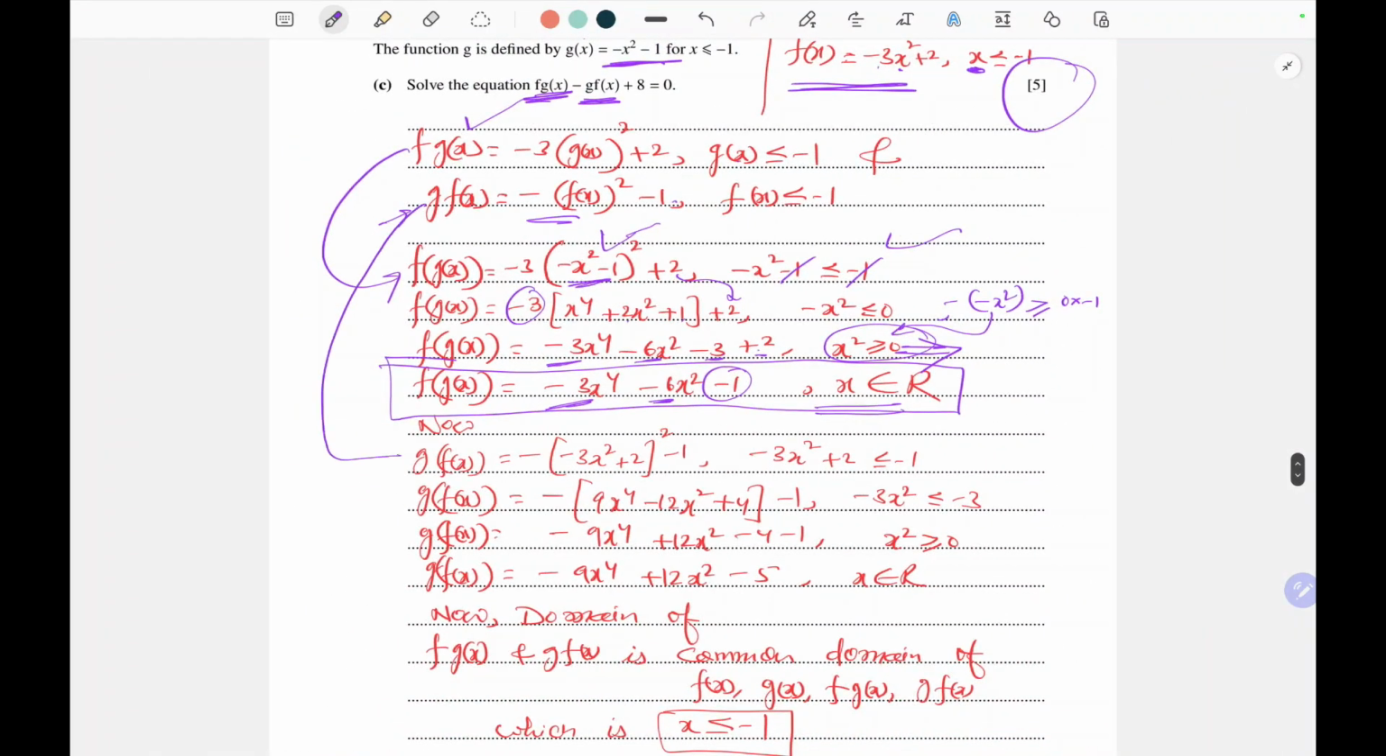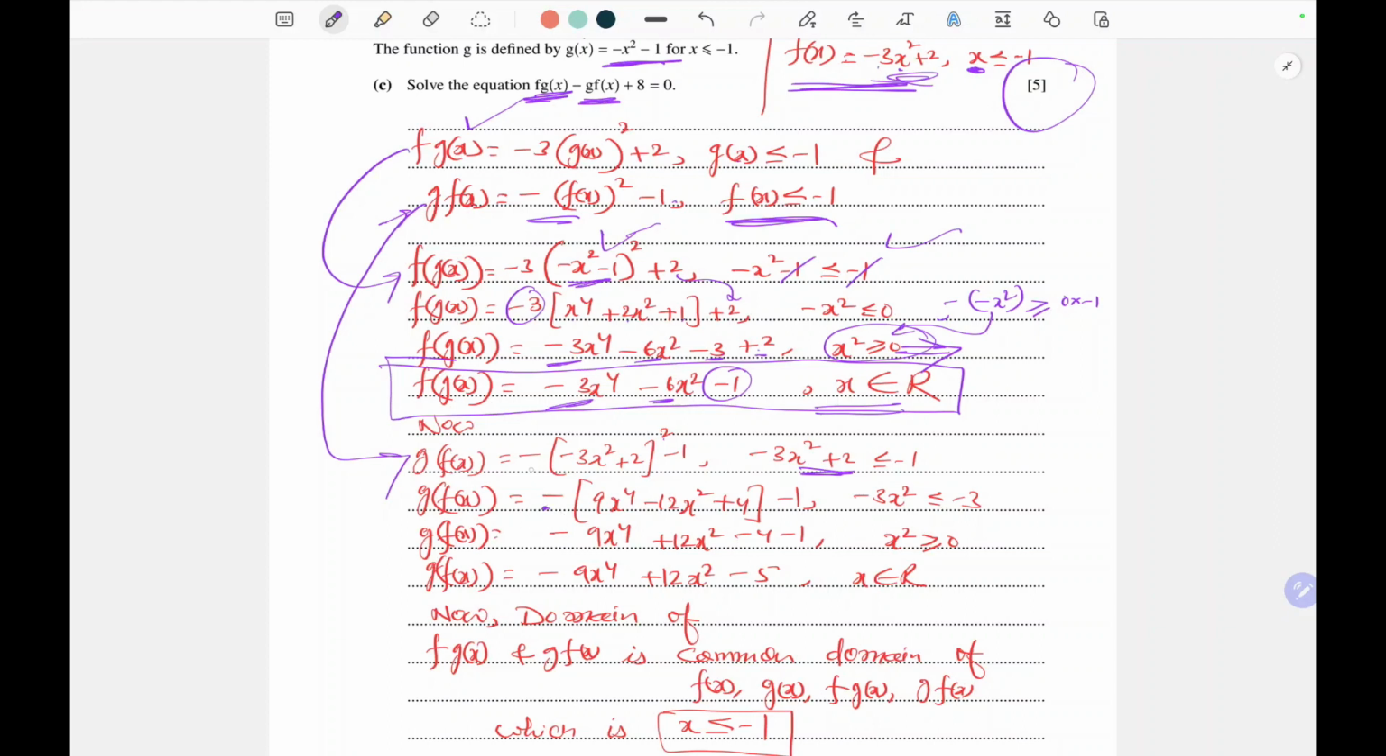So now I will use this result, minus of f(x) whole square, which is minus (3x squared plus 2) whole square, and then minus 1. And here f(x) is less than minus 1, and now f(x) is this, minus 3x squared plus 2. So minus 3x squared plus 2 is less than or equal to minus 1. Now g of f(x),